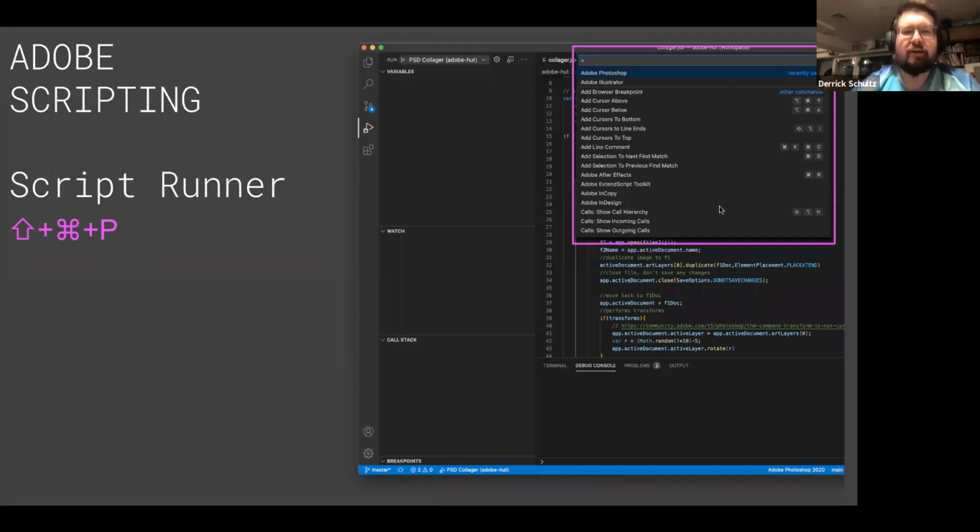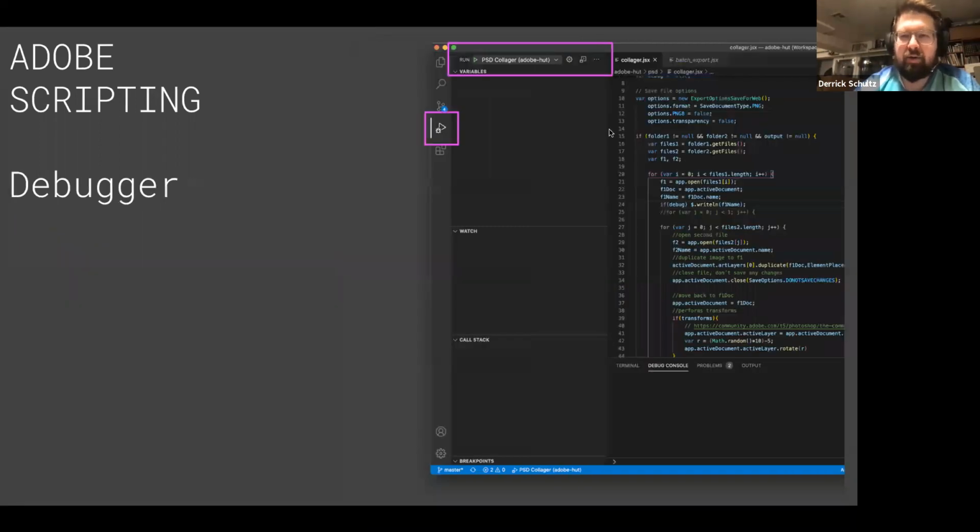Script runner is another extension you have to install, and I think it's included in that video. You use the Shift-Control-P command, and then you tell it what application you're sending it to. It's going to take your script and send it to that application. We'll get an example of that in a little bit. But the problem with this is that if you include $.writeLine in your code when running this, it either breaks and dies silently or it doesn't work at all. There are a bunch of challenges here. I've discovered this in the past couple of days just doing these things.